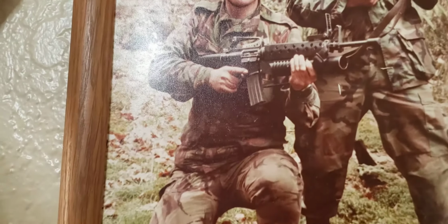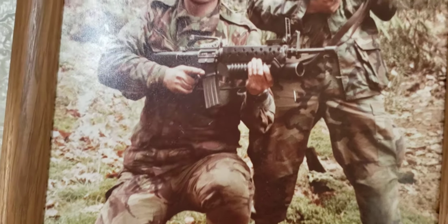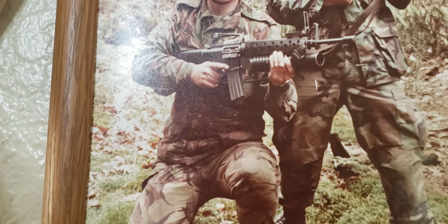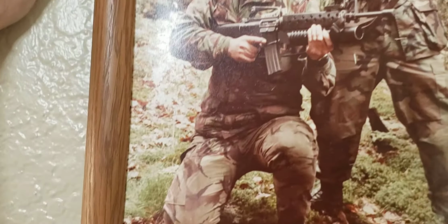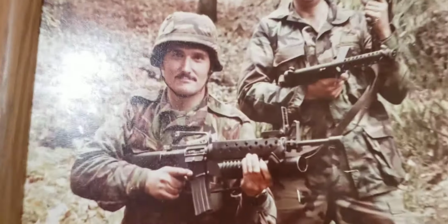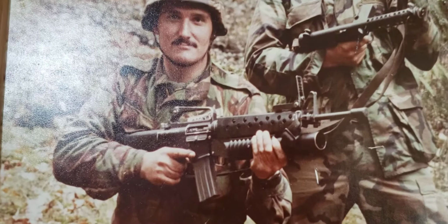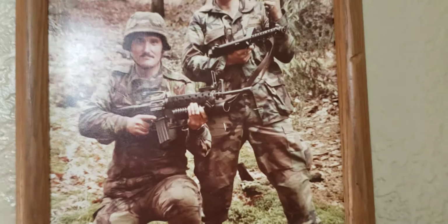M16 with the 203 grenade launcher on it, which I never thought was a tremendously good idea. The M79 is a much better thing, which is just the grenade launcher not attached to something as an afterthought like they did with the 203. Had a lot of problems with these. But that was one of my main ones that I had, and I got a chance to shoot a lot